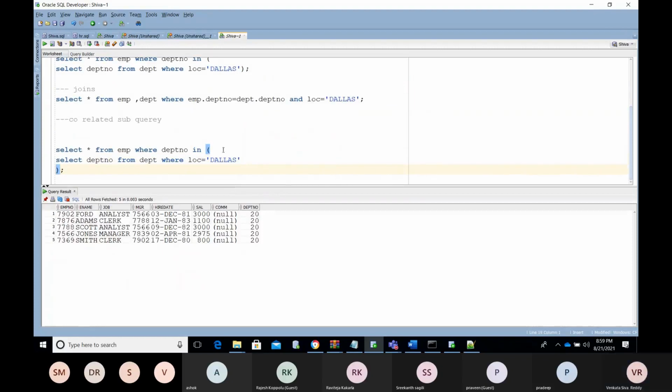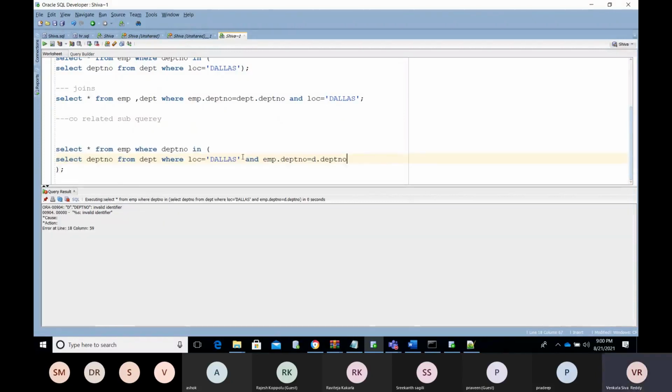In that case, I mention it simply like this: EMP data DEPT number equals DEPT data DEPT number. Or it is showing D dot DEPT number. No, right? DEPT dot DEPT number.